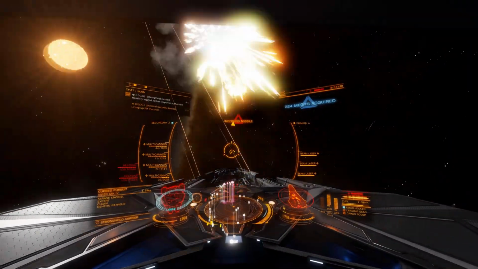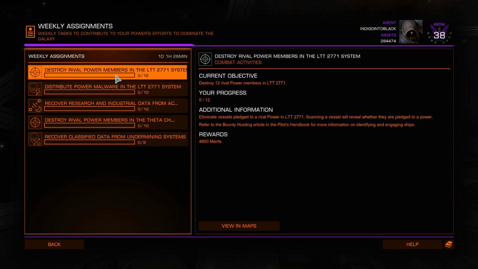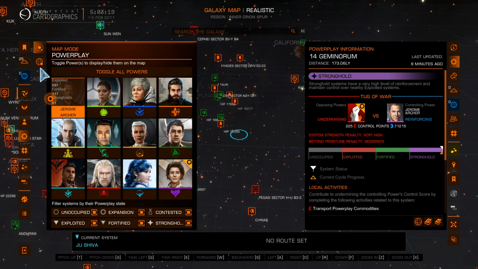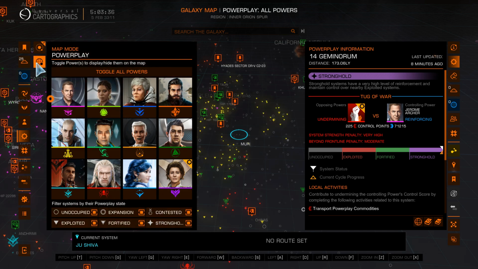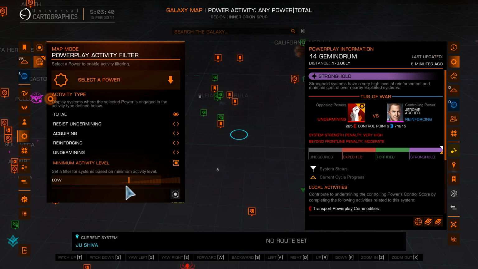You need to complete your weekly assignments once, and then you never have to do them again in order to actually get your loyalty rank, which is how you unlock all the rewards. If you were to look on the Gal map and click the PowerPlay map mode, there are 2 different buttons. The top one lets you sort by different states within different powers. The bottom one lets you set an activity filter, which lets you show different activity levels within different kinds of